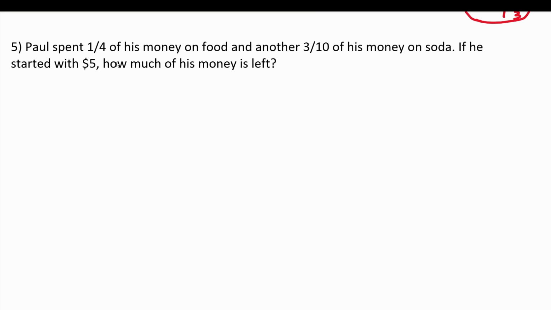So the very first thing I'm going to do is convert 1/4 to be in decimal form. We should know that that is 0.25. And likewise, we should know that 3/10 is the same as 0.3. Now, I'm going to go ahead and make those conversions for you very quickly. But in future problems, I'm not going to do that once I show you how to convert these two to decimal form.